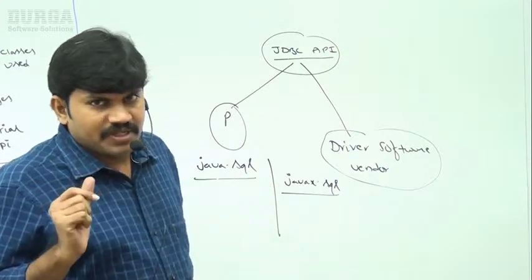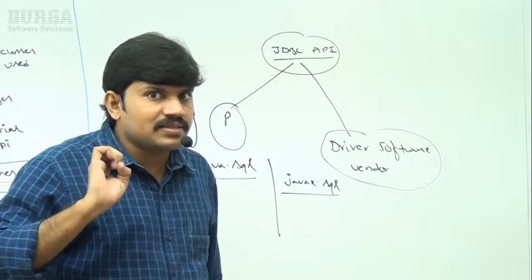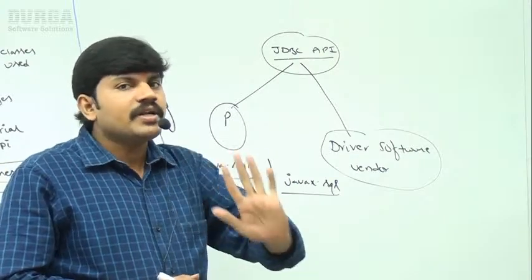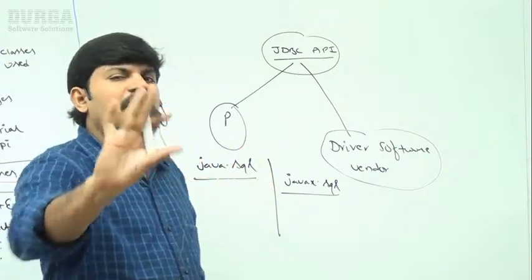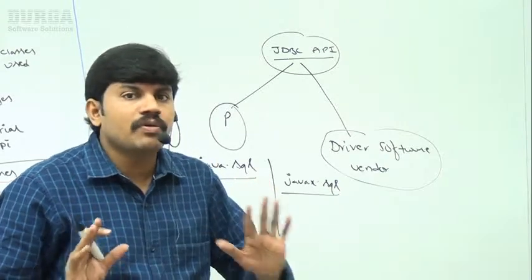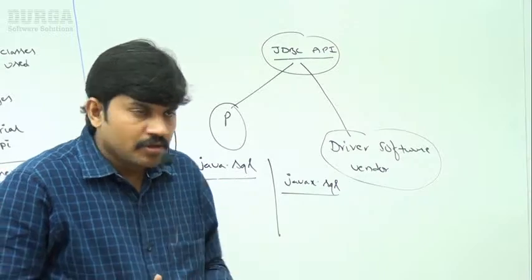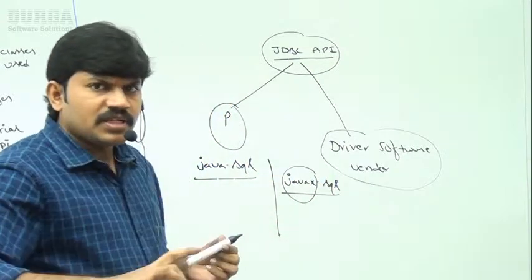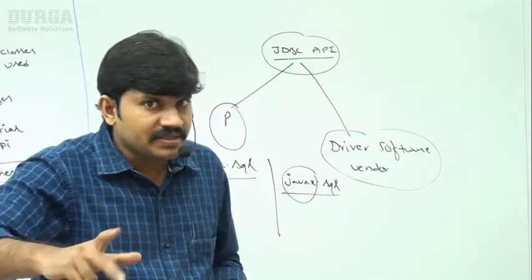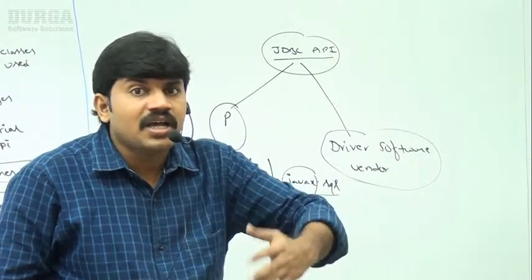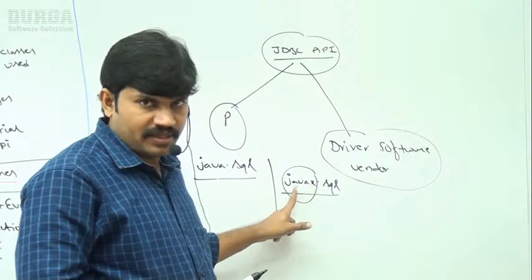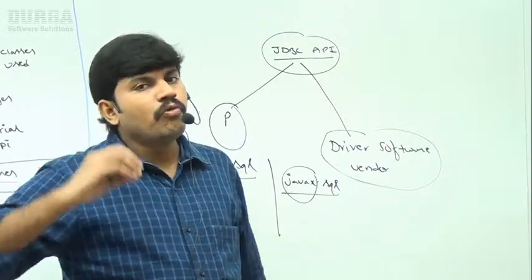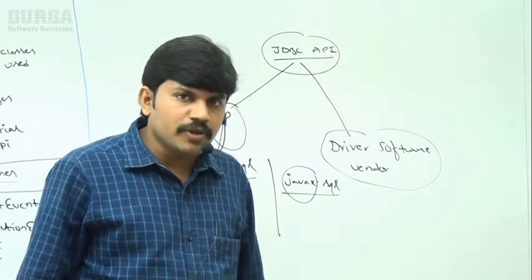Something like Statement, Connection, ResultSet, DriverManager, these things are available inside the java.sql package. The java.sql package contains the most basic classes and interfaces for normal database communication. But javax.sql, what is the meaning of X? Java extension. Remember, these are a bit advanced. X means extension. So the javax.sql package contains more advanced classes and interfaces which can be used for database